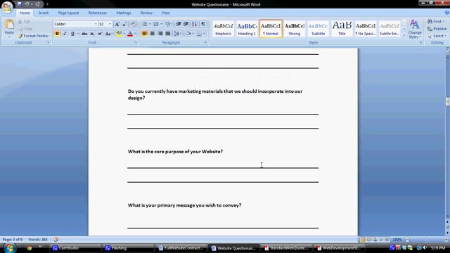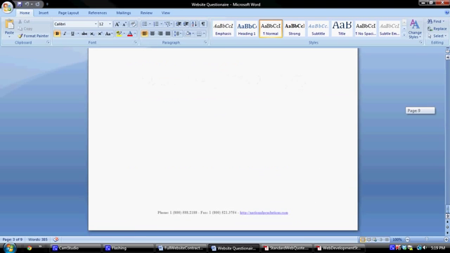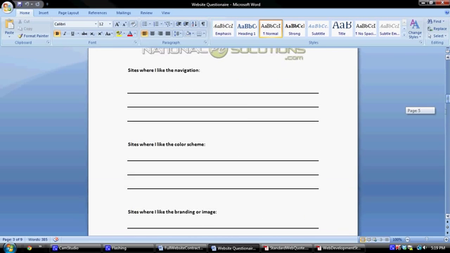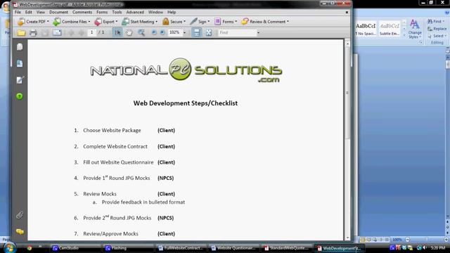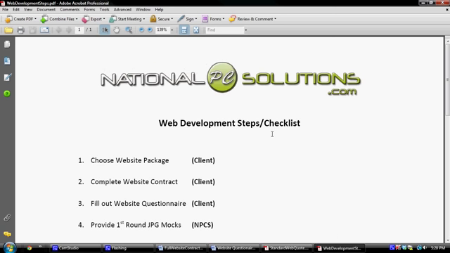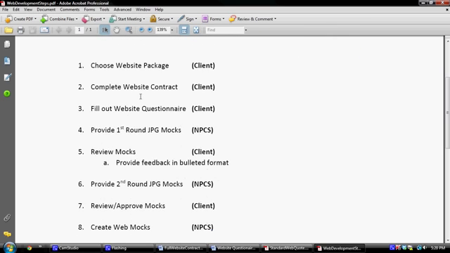So you'll see client, client, client, and then National PC Solutions will create the first round of mocks. They'll review the mocks, and we'll create a second, and they'll review the second round of mocks. If they approve them, then we move on from there, and we take those image mocks and we turn them into web mocks. And the client during that time provides us with content. We take that content, we insert it, we do a final review altogether. If the client has revisions, we do revisions, we purchase their domain, and we post the website live. So it's very straightforward the way that this is laid out,